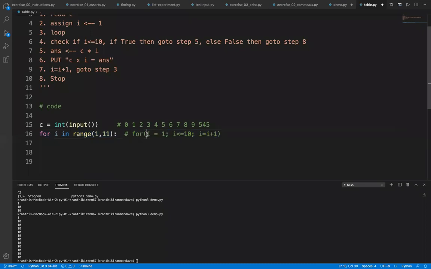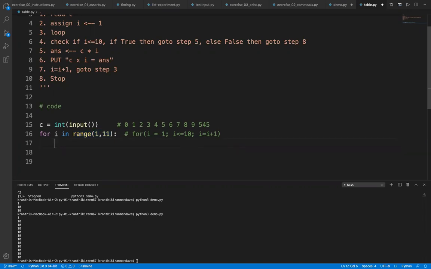It tells that I am starting I with 1 and ending with I equal to 10. And every time you come to the looping structure, you increment I. The same thing happens here, but simply we have done something like range 1 to 11. This entire statement which I have now highlighted will be taken care of by this. So it assigns I to 1, it checks whether I is less than or equal to 10, and every time it increments I to I plus 1. So inner statements are all equal.